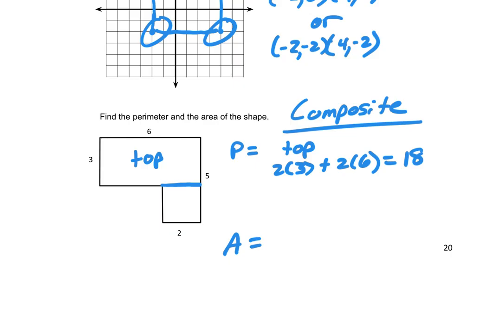Okay, but here's the problem with that. There's this little piece here, right? And that's not really a piece of the figure. So we would actually have to take that piece off. And so that makes that a little bit tricky, right? So probably there's a couple of different ways that you could go about this. To find the area, it's probably best to do it this way. To find the perimeter,